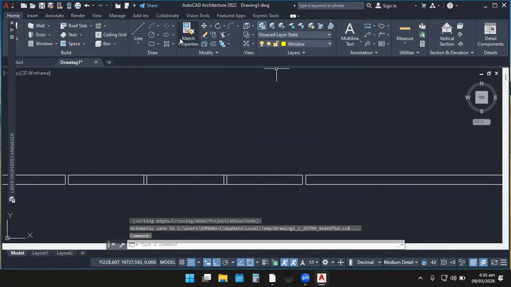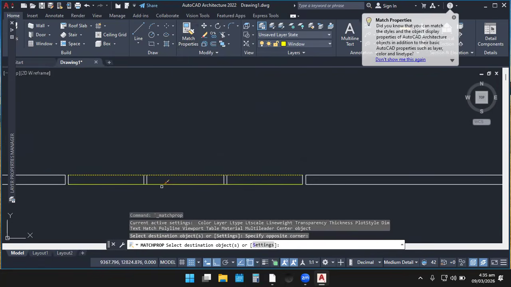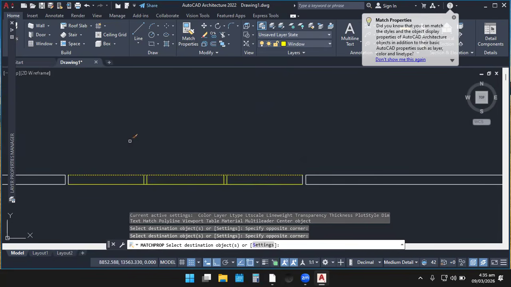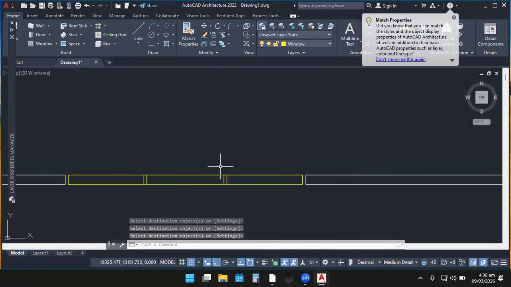And now I can just match properties. Exactly over here, I select match properties and apply it to everybody. I can use blue screen, and you realize that blue screen also highlights, green screen also highlights most of them. After doing this, I can release it to match properties and it is gone. The only thing I have to do is extend the other lines and I'm good to go.